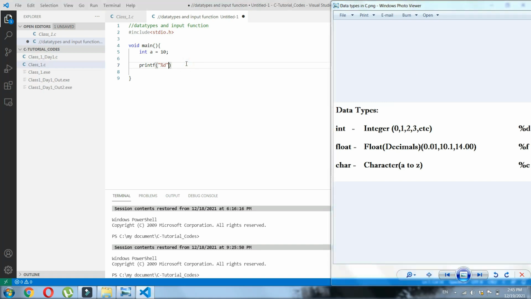After creating the symbol I am giving a comma and calling a. So what we are doing here is telling printf to print the integer and we are passing the variable name after the comma. So I am saving this.